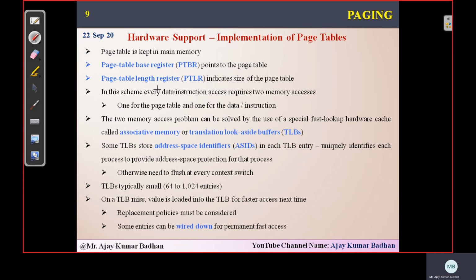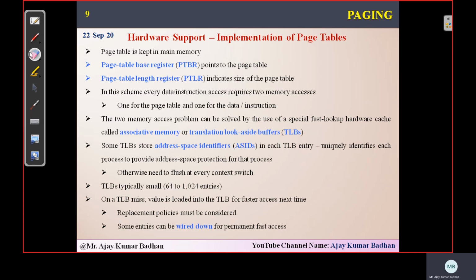The second one we are talking about here is the page table length register. This is used for indicating the length of your table. Whenever a logical address is generated, there we have page number and displacement, right? This page number we are comparing with the limit. That limit is nothing but the length of this particular page table. Based on that, if the page number generated is less than the limit register, that is the page table length register, then it can be accessed with the base register combined, and you will get the physical memory. But if it is greater than that, definitely this will result in a trap. That is what is said in this scenario.